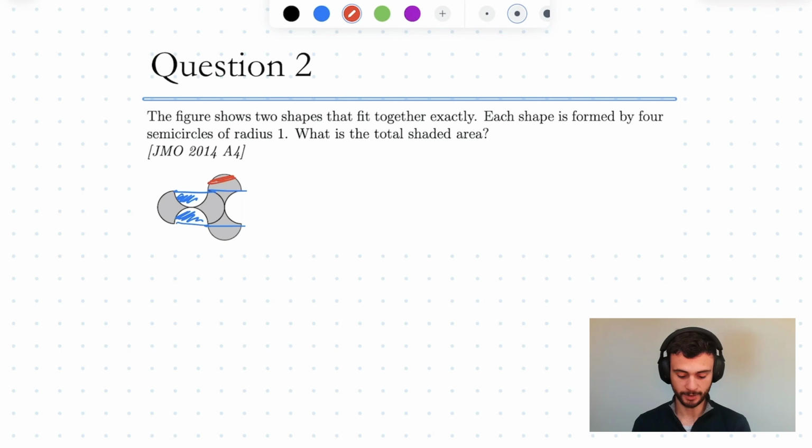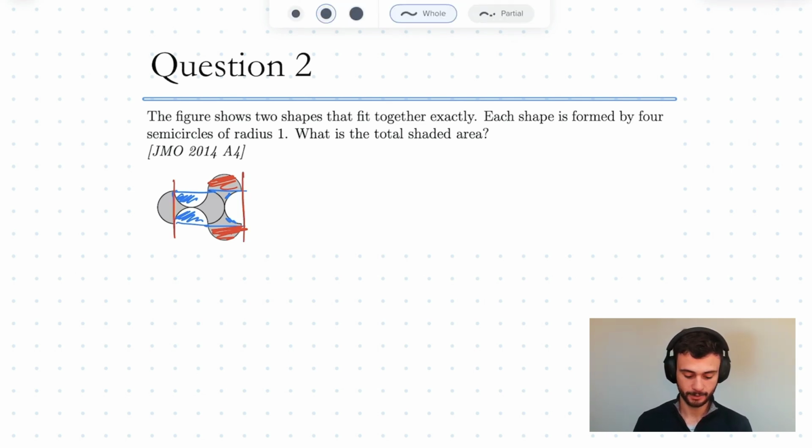So we just get rid of that and get rid of that, which makes it a little bit easier. We still got these weirdy parts here. We still have to work out the area of this semicircle. Unless you notice, you can chop this part off and put it in this gap here,